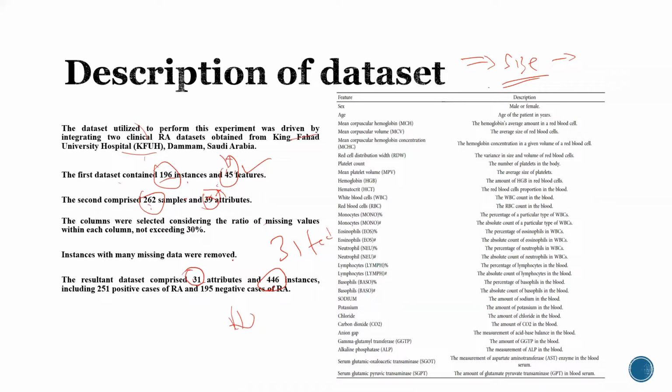Am I right? Yeah, no, that's it. That would be no, that's the instance. That is the instance, 446. Okay, instance, yeah. Okay. The original feature count actually was 45 for one data, 196, and now 39 for